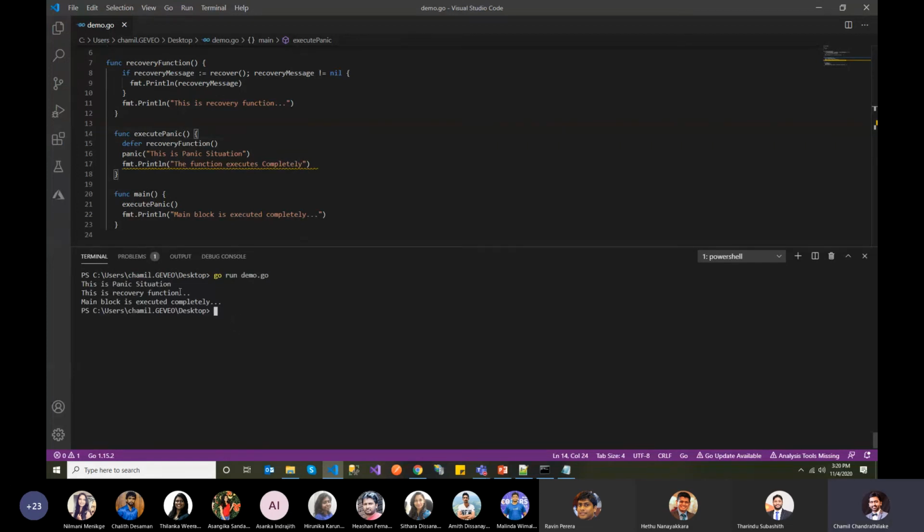Okay, so you can see the panic situation has occurred. It has never reached this line, because after the panic, the only thing it does is execute the defer function. So it has never printed this line. Now in the defer function,